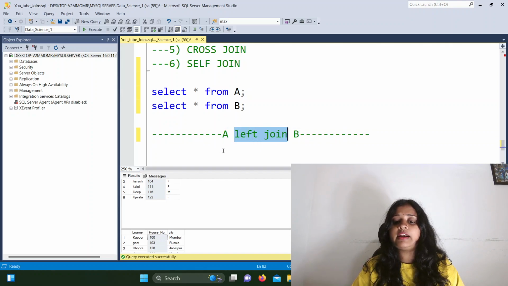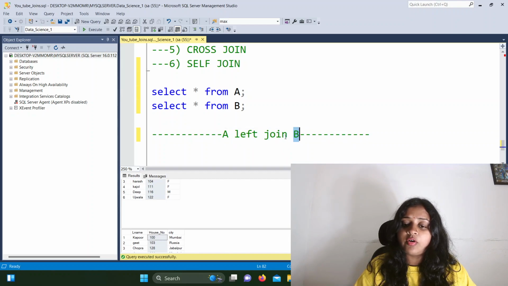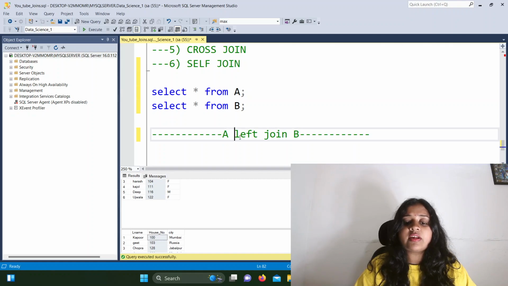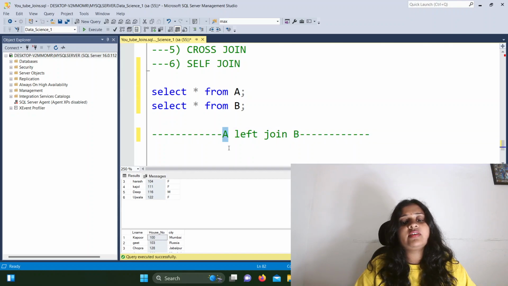Whenever you are writing the syntax in this way, there will be something before A as well as something after B. Whichever table is present on the right side of the words left join will be considered the right table, and whichever table is written on the left side of these two words, left join, will be considered the left table. In this case, B table is considered the right table and A table is considered the left table.